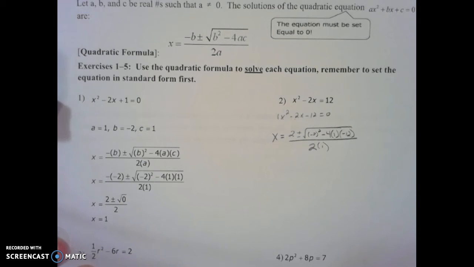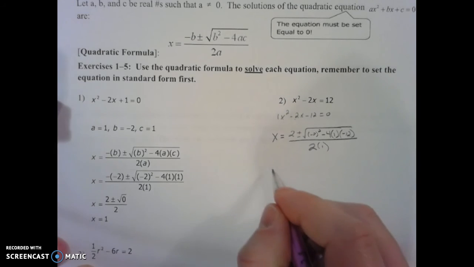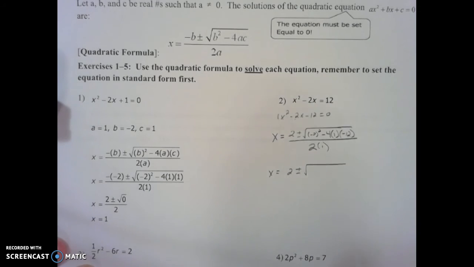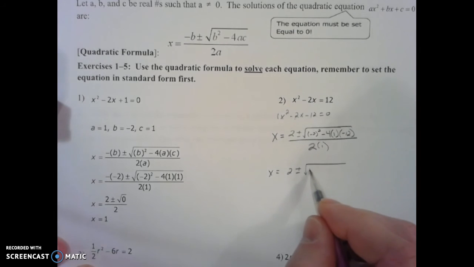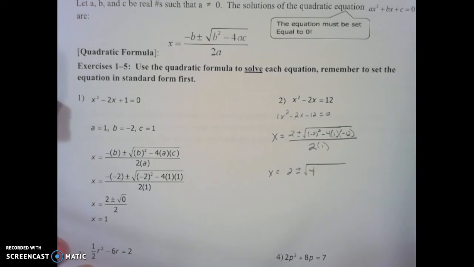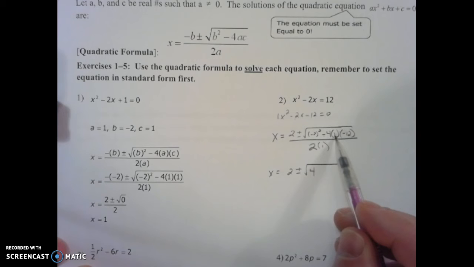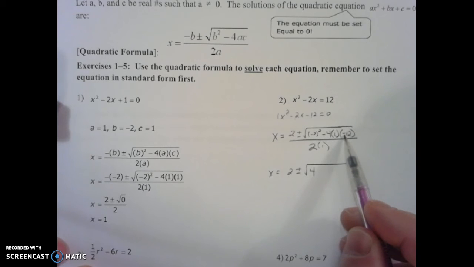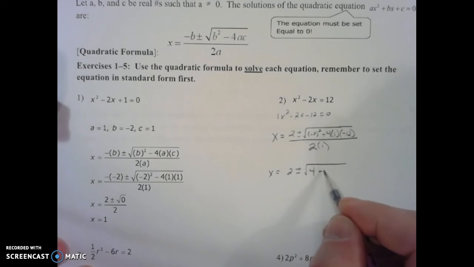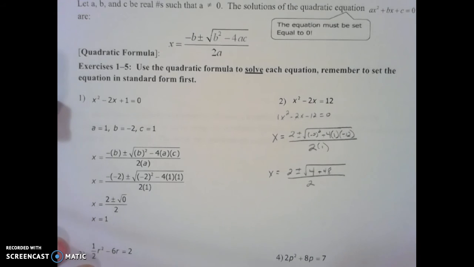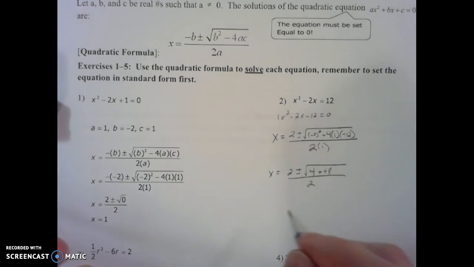Okay, and so now I'm going to do my math. I'm going to see if I can simplify this further. x is going to be equal to 2 plus or minus, underneath of the square root symbol, negative 2 squared is equal to 4. Okay, and then minus 4 times 1 times negative 12. Negative 4 times 1 is negative 4. Negative 4 times negative 12 is positive 48. So 4 plus 48 all over 2 times 1 is just 2. Okay, well, continuing further, x is going to be equal to 2 plus or minus the square root of 52